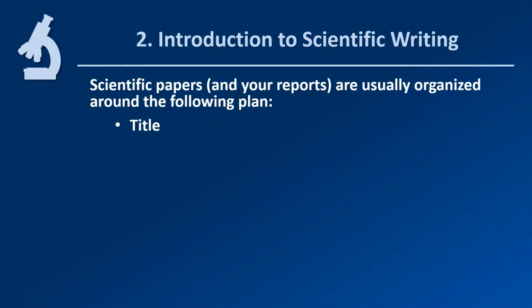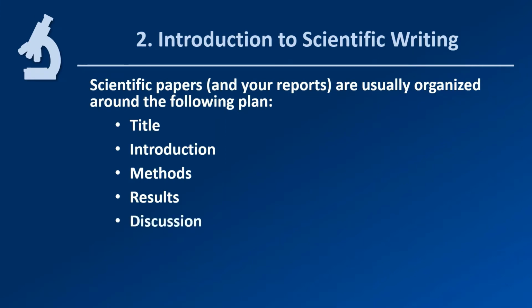So there's a title, an introduction, which gives some background information and the objectives and things like that. The methods, that's how the experiment or experiments were done. The results, that's the data, basically no interpretation. And the discussion is where you are going to interpret your data and explain why you think you saw what you saw. And then of course we have references, and we call this literature cited because we're going to use